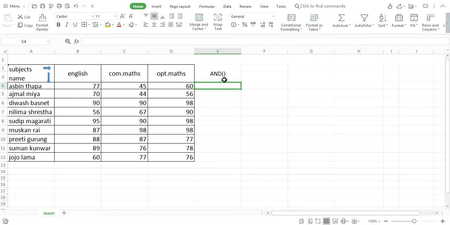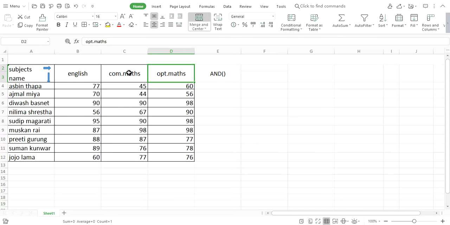I want to print here in this AND column the result of those students who get more than 40 marks in both compulsory math and optional math.